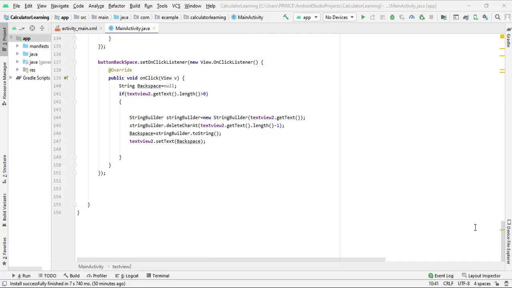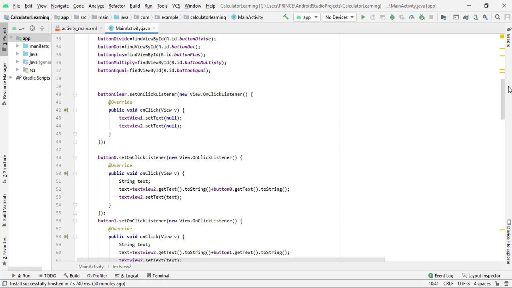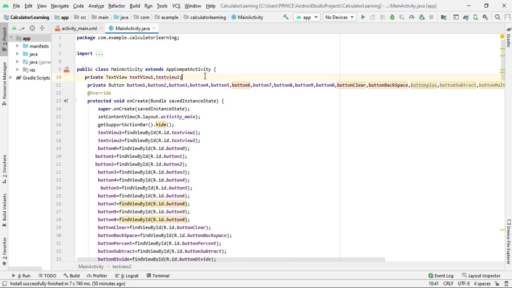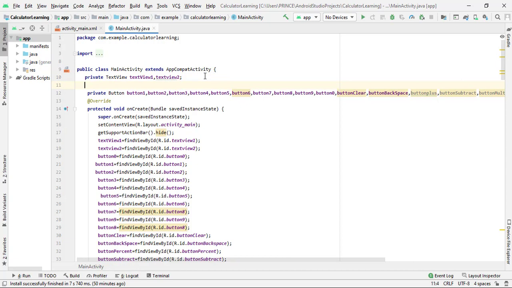Before writing the code, first of all we have to declare some variables. So come to the top of the code, and below the text view simply type private double, and we have to give two variables of double type because anyone can enter any type of value.